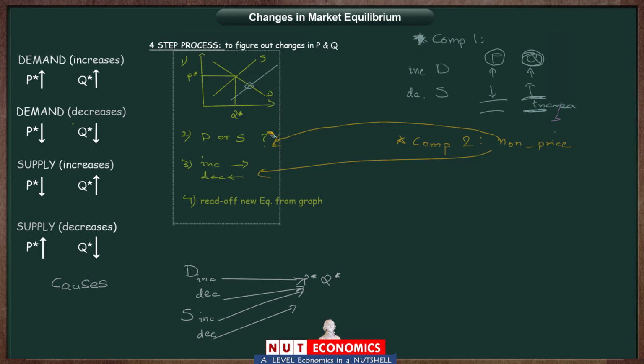But the whole trick will be to figure out, using the knowledge and ideas of the last couple of videos, how a certain non-price change is going to affect the demand or supply, and in what direction it will move demand or supply. So that will be the key in those questions. So that's the complication number 2. Don't expect that the examiner will be direct in asking you supply is changing, increasing to the right. No, he will want you to figure that out given a certain scenario or a situation. And then the next third complication